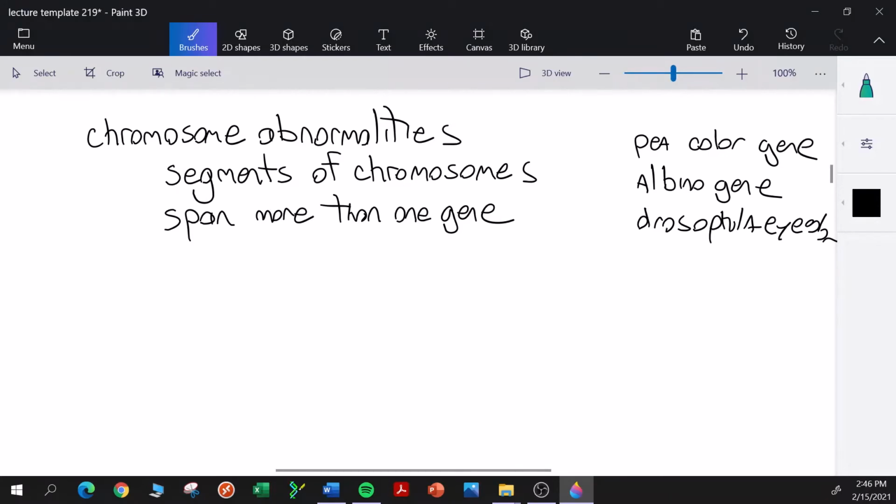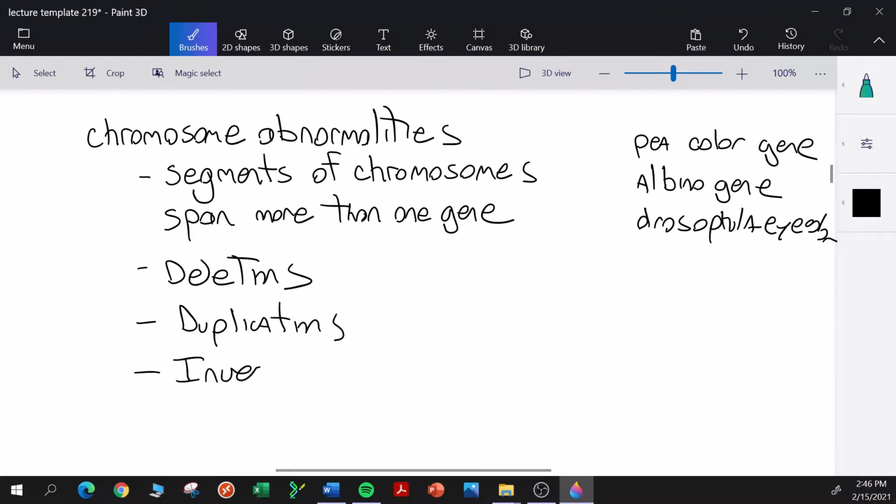So these can be deletions of chromosome segments, duplications, inversions, and translocations. Now we will take a look at each of these in detail, and then